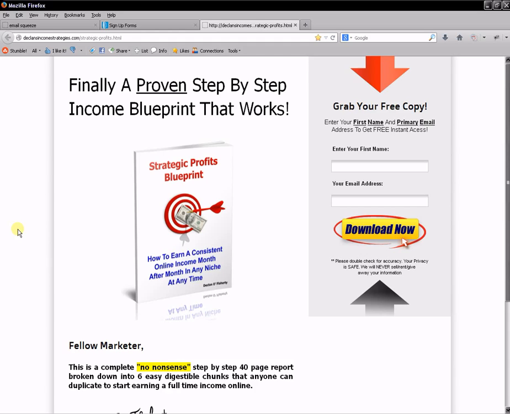And the reason why is because a lot of these people who land on pages like this and opt in on pages like this have no idea what they're opting in for. So if you look on this squeeze page, for example, there's nothing here that tells you what this ebook is going to teach you. It's going to teach you how to earn a consistent income online month after month in any niche at any time, but it doesn't tell you what the strategy is about at all. It could be social media, it could be article marketing, it could be list building, email marketing, it could be anything. And I don't give any information up front, and nobody really does give information up front on squeeze pages.